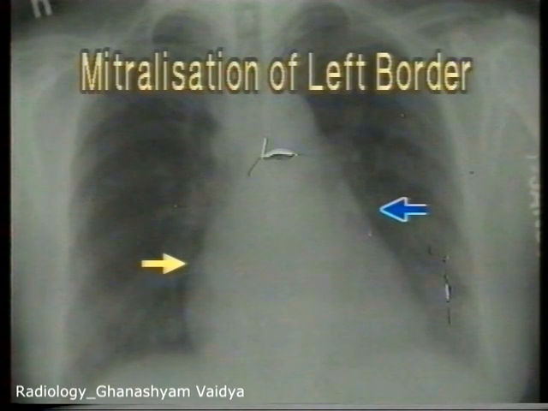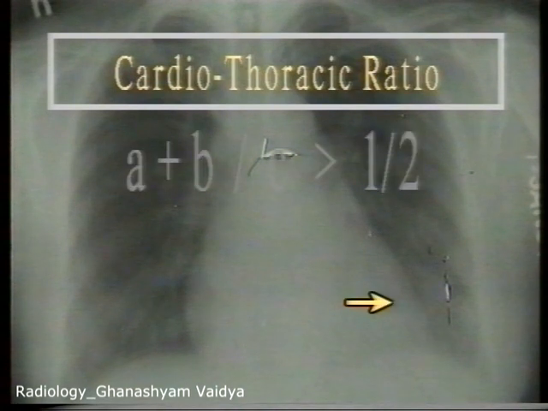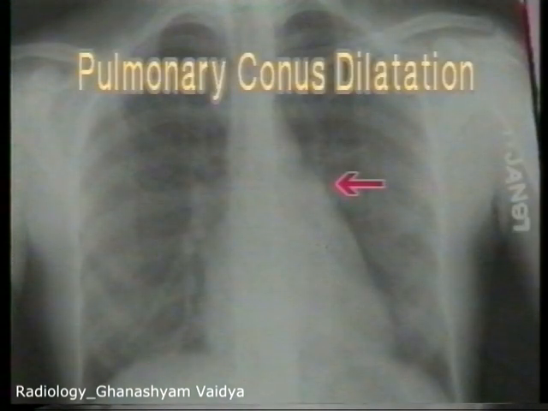Secondly, there is enlargement of the left ventricle causing cardiomegaly, that is the cardiothoracic ratio is more than half. The cardiomegaly is proportional to the degree of mitral incompetence and duration of the lesion, and the apex is displaced downwards and outwards. As pulmonary hypertension develops, there is enlargement of the pulmonary conus and the heart border becomes straight up to the aortic knuckle.